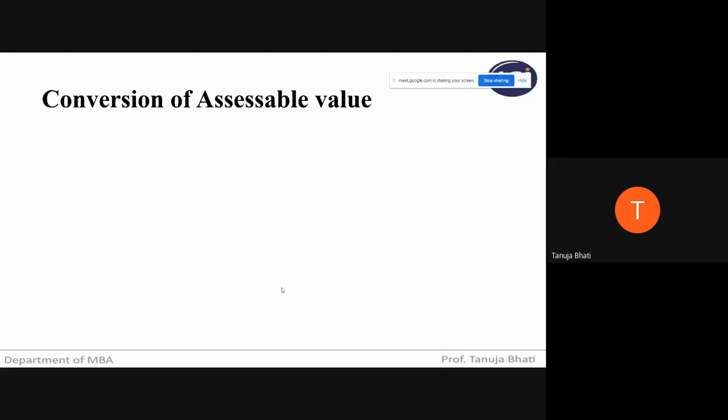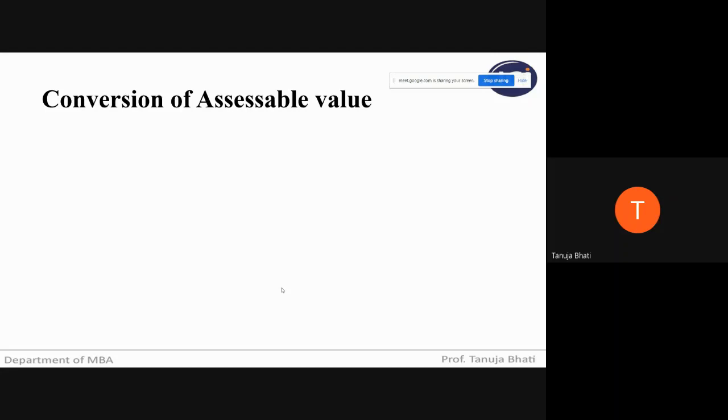Now, when you're converting dollars into rupees, or maybe if you're importing from the UK, then it is pounds, and you have to convert pounds into rupees. So there is some exchange rate required for the conversion of assessable value. Correct? Now, which exchange rate are you going to consider? In this particular slide, we will be seeing which exchange rate we are required to consider: whether the exchange rate that the bank charges you, which is there in the forex exchange, or the one which is notified by the Central Board of Indirect Taxes and Customs.